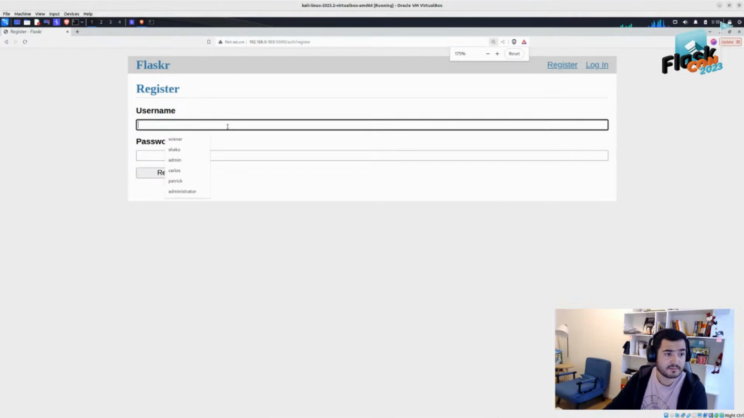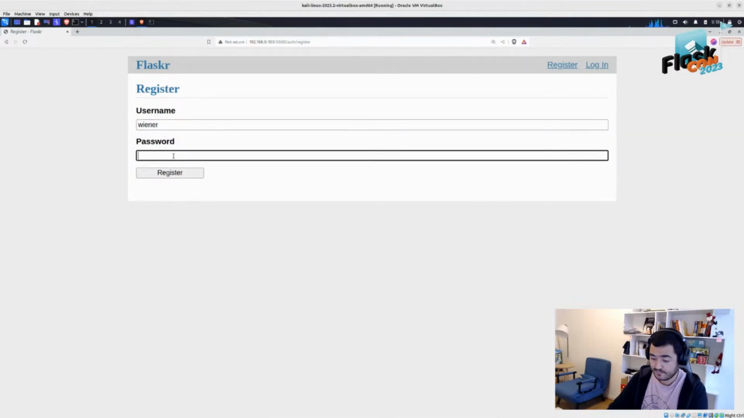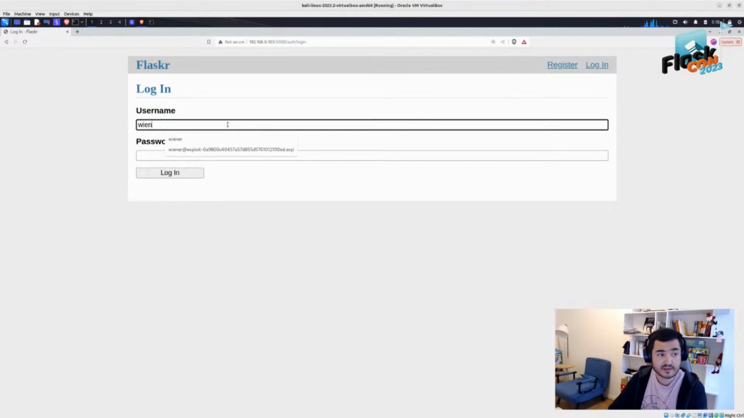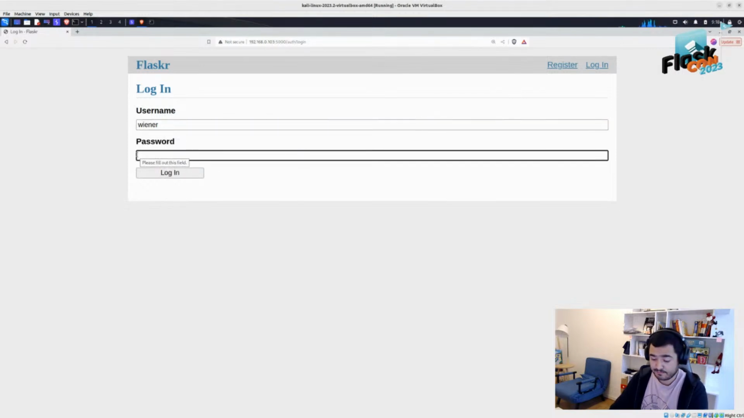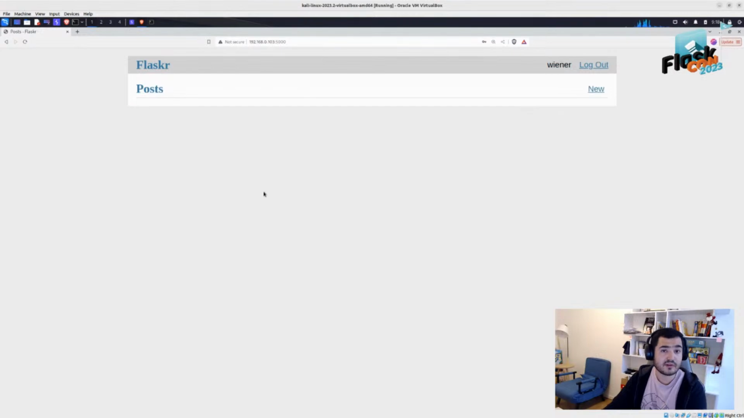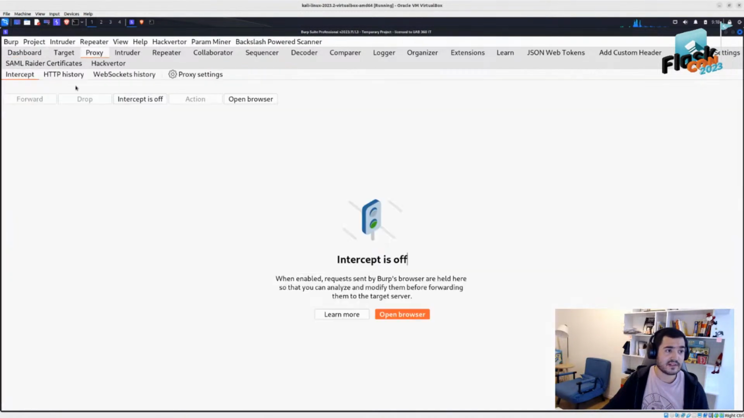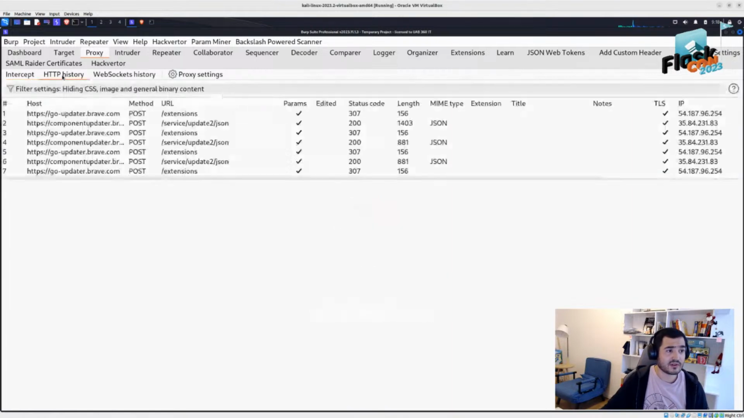So, register. Let's register the user. So we act as an ordinary user. Then we go to Burp Suite. It's for pen testing web applications. It has a community edition, but I have a professional edition also. If you go to Proxy,